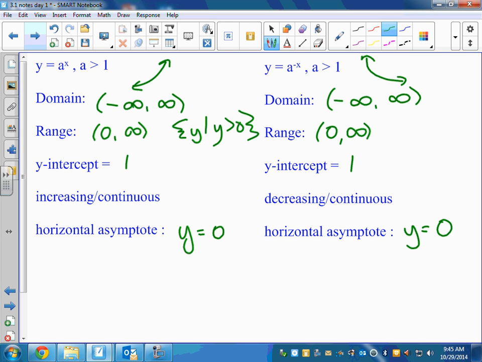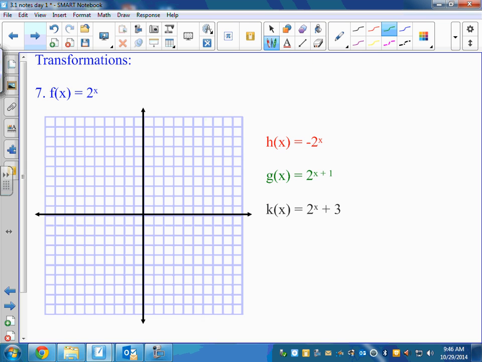And so on the next slide here, I gave you a few graphs. And again, I picked 2 to the x just because it's easy to graph a lot of points on 2 to the x. And I know you don't really have color-coded pens for the most part, but I thought we could graph 3 transformations here, or at least write out what the transformations are, to remind you that the same transformation rules that apply to quadratics, that apply to square root graphs, that apply to absolute value graphs, apply to